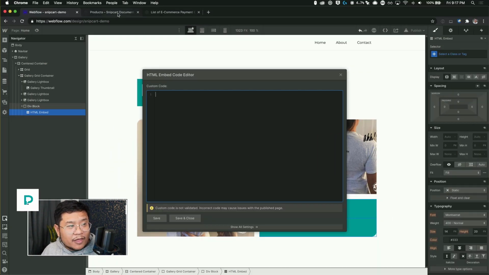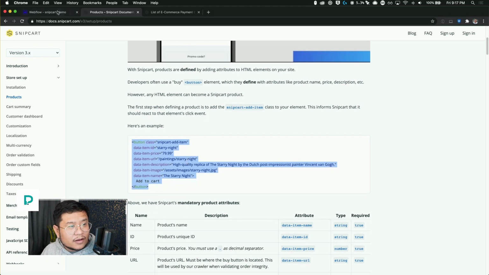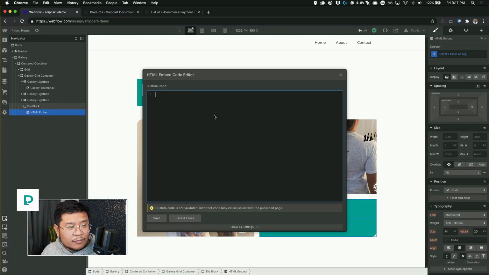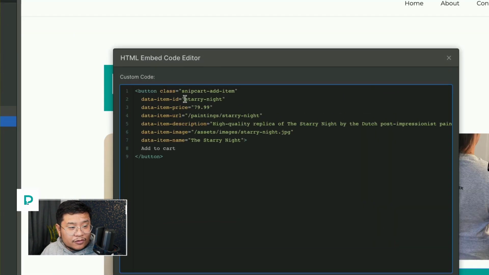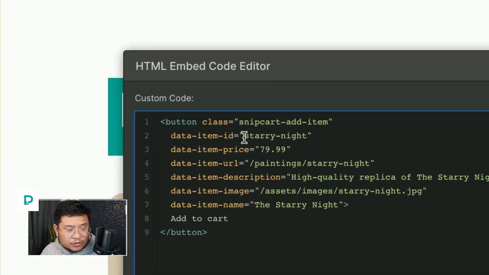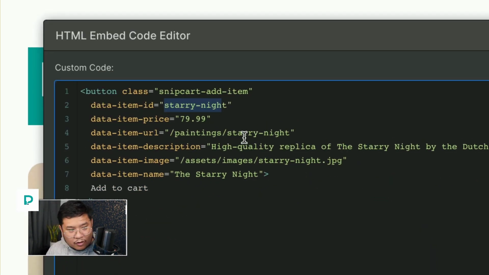And I can copy that code from here. So I'm going to copy all of this, go back to Webflow, and paste that all in. And now I just have to replace what's already there. So the item ID, I'm going to call it Pixel Geek Shirt.